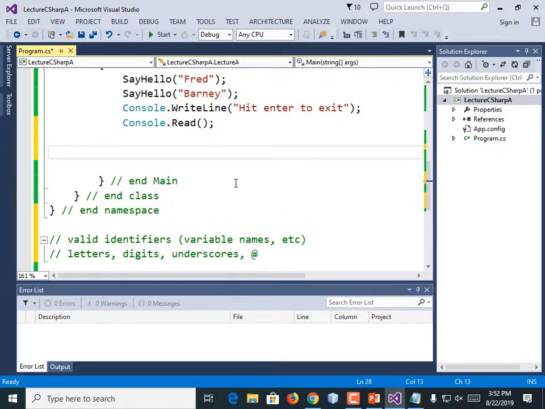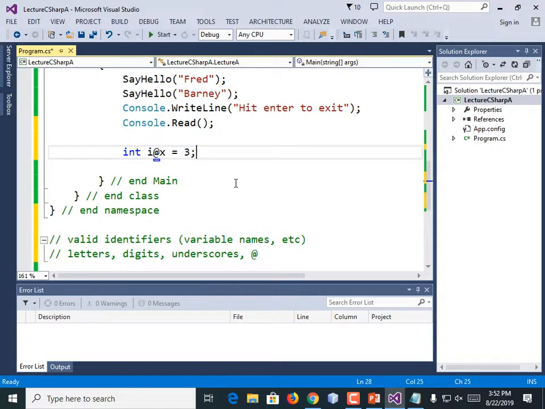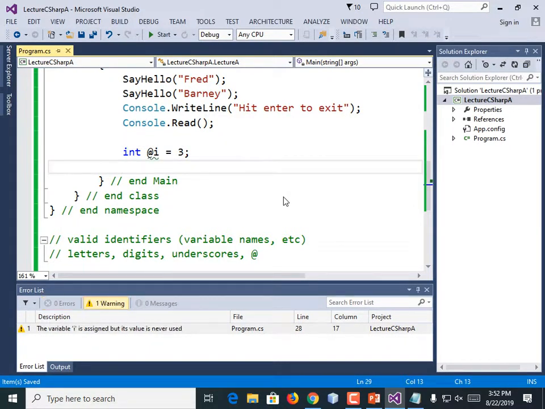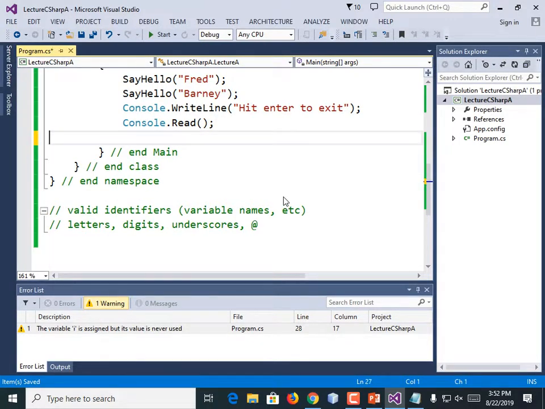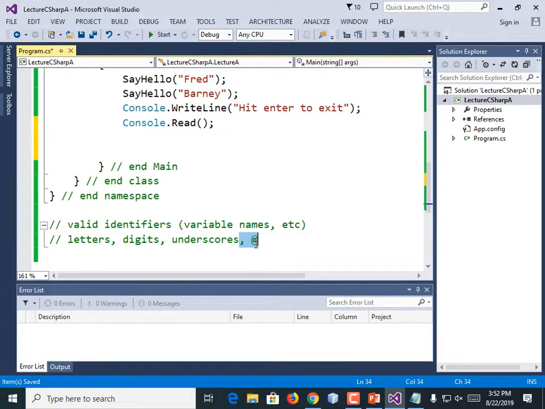If I created a variable called int I@x = 3, that looks crazy. Okay. It got rid of that. And what if I put that at the beginning, just like they said I could do? What do you know, that works. I've never paid much attention to that. All right, I'm going to get rid of that @ sign.